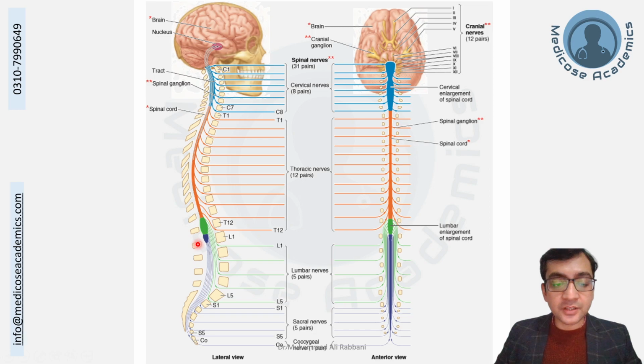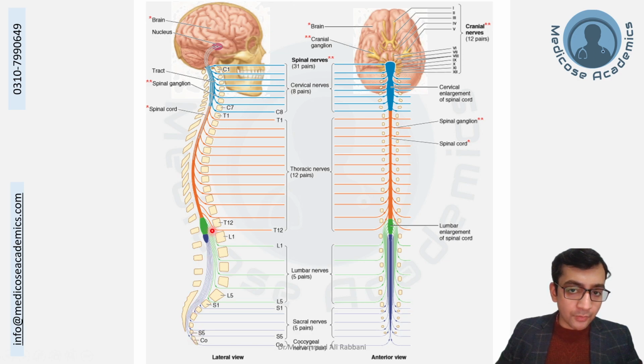But you have to remember that the spinal nerve is exiting the bony vertebral column at its designated place. Like the first sacral nerve is exiting between the first and second sacral bone. The second sacral nerve is exiting between the second and third sacral bone, and so on all the way till the coccyx. However, the spinal cord is ending all the way up here. So after exiting the spinal cord, they have to travel down on their own till they reach their place of